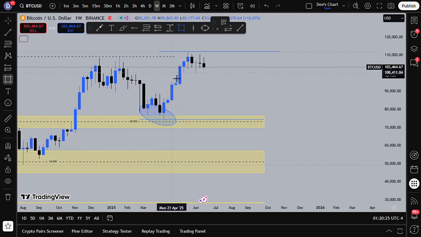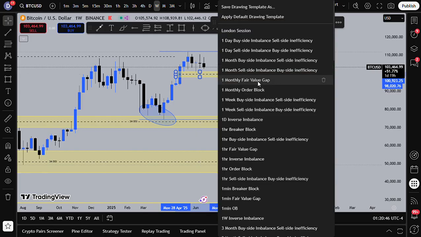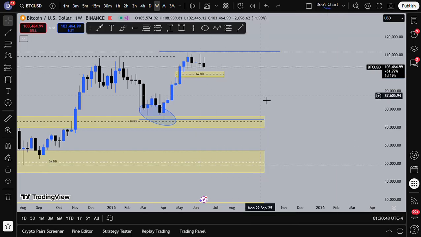So what I am looking at is we have balanced inside of here. So we have pushed inside of here and then we moved higher, but now it looks like price wants to push even lower. So what I will do is mark out this fair value gap as well, because there's a potential that we could look for buys in there again. But according to the general rule